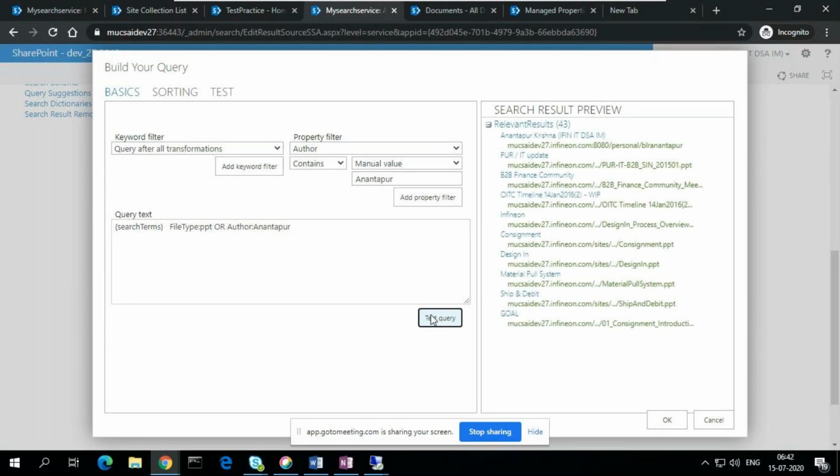So the problem is we need to know the query syntaxes, how to use the query syntaxes. Suppose it is searching the terms like file type should be PPT and author contains value as Anantapur, and it is showing the results. So once we test this query, whatever results based on our requirement, suppose the user wants to see only docs,